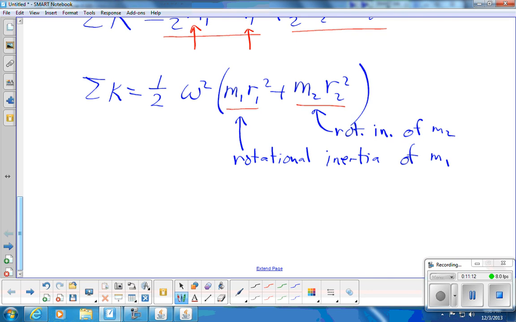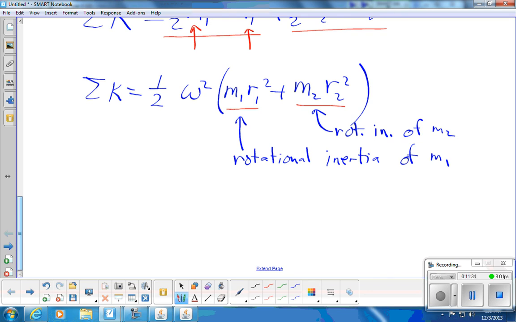So this is a defined quantity, and we're going to have it make more conceptual sense in another day or two, but for right now, we can simply say that what we're doing is some bookkeeping to pull out from the kinetic energy equation the quantities that have to do with each individual mass and the omega, the angular velocity